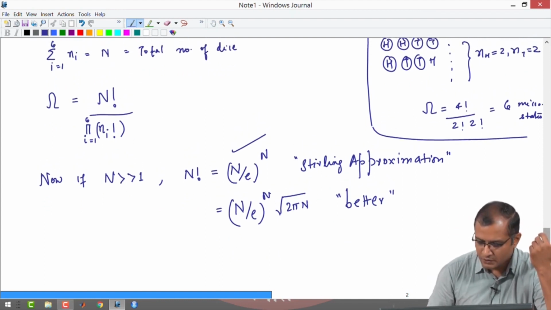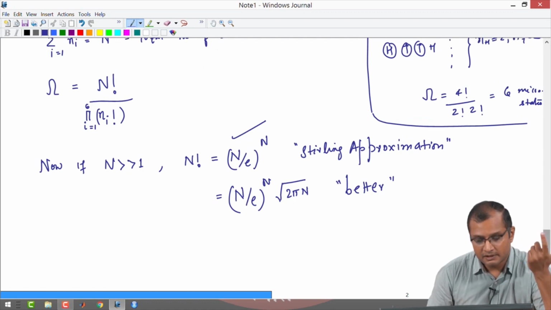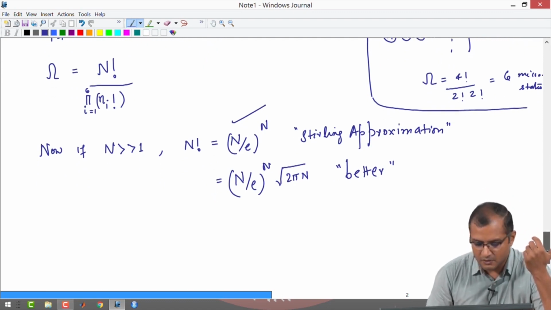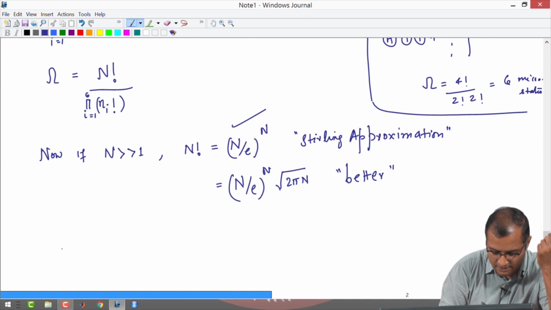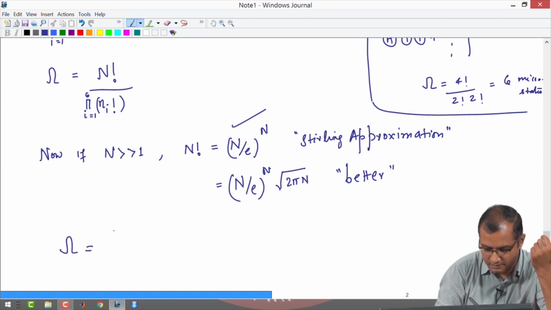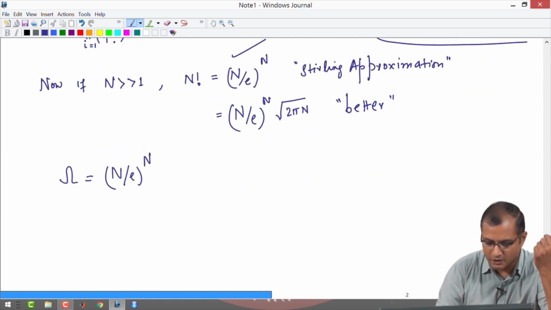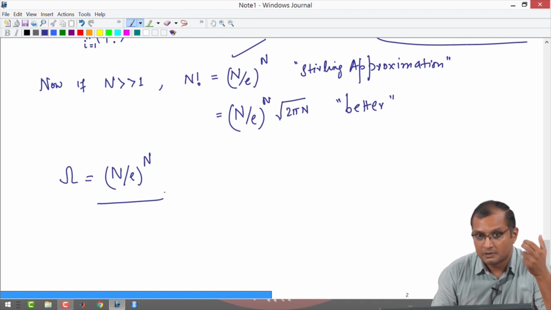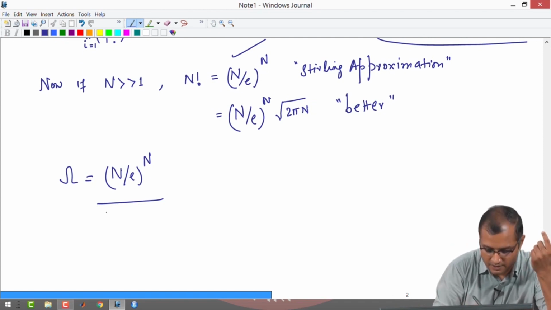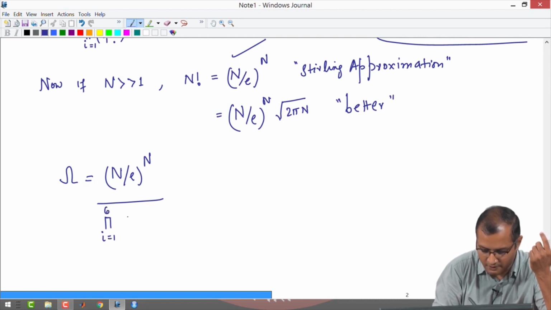So, I know that my n factorial is very large, so I can approximate it with the Stirling approximation, and this will give me (n/e)^n. The denominators, all these small ni's, are also large. So, I will approximate these also by Stirling's formula. I am going to write it as (ni/e)^ni,